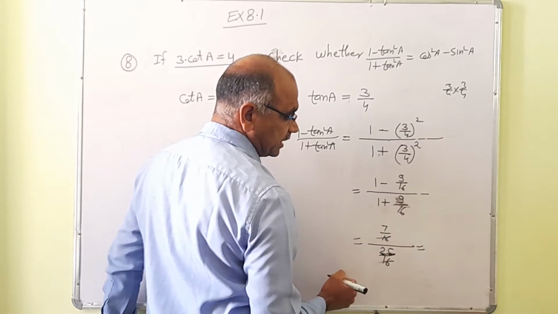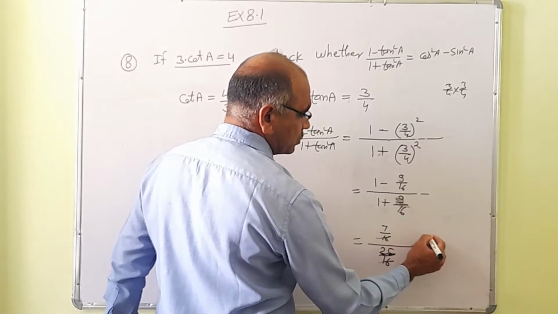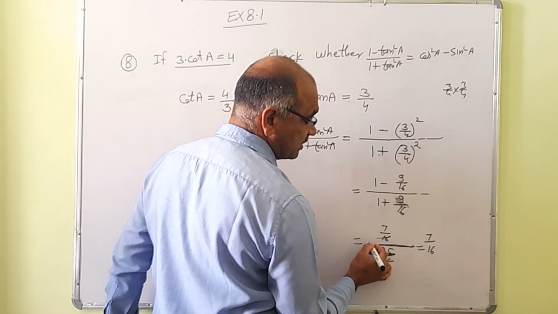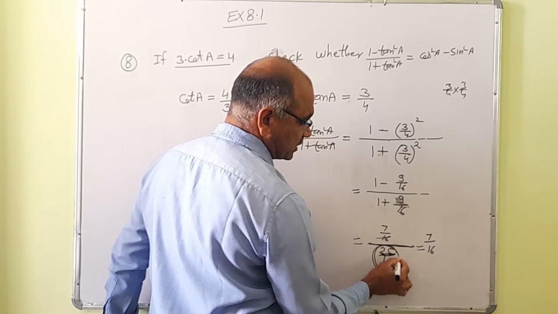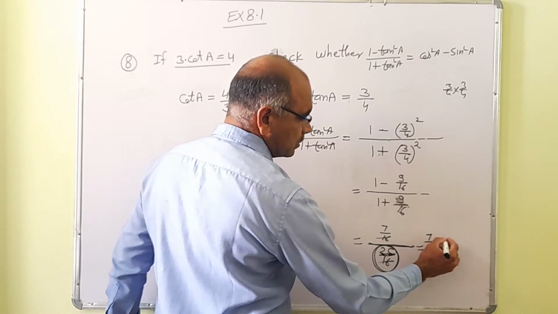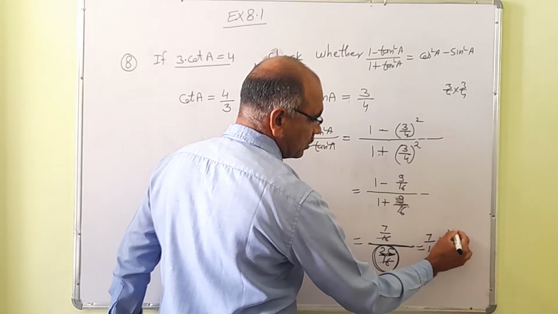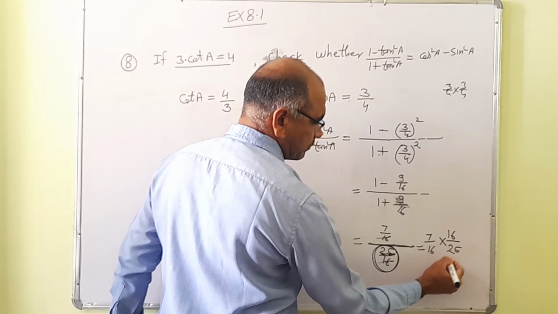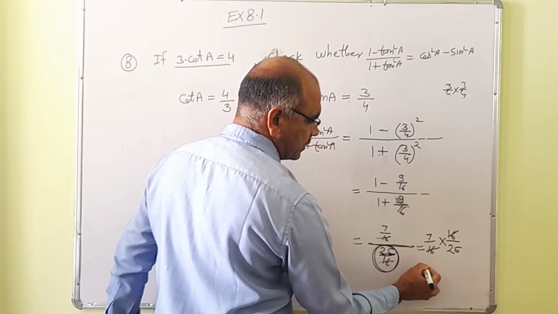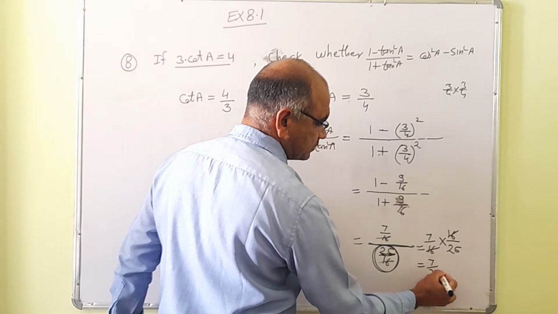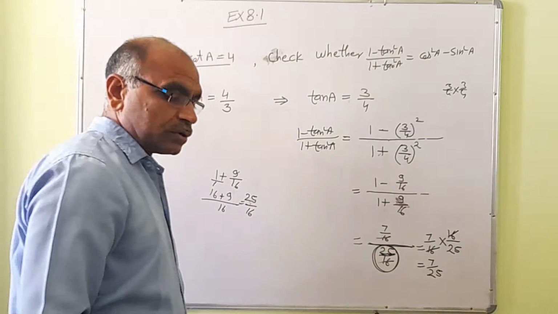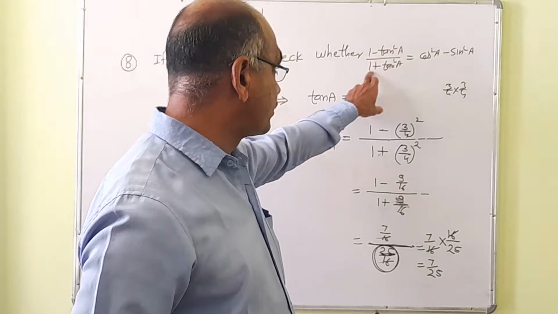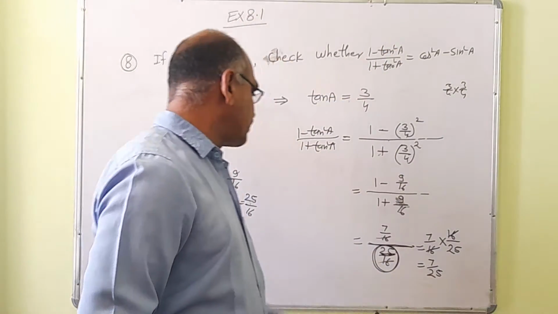You can cancel here directly, or you can use this logic, because this is divider line, this is division, and lower fraction should be रेसिप्रोकल. लोअर साइड की जो फ्रैक्शन है वो रेसिप्रोकल होनी चाहिए मल्टीप्लाई में. सो कैंसिल देम and you will get 7 upon 25. So our first statement value 1 minus tan square A upon 1 plus tan square A gives 7 upon 25.